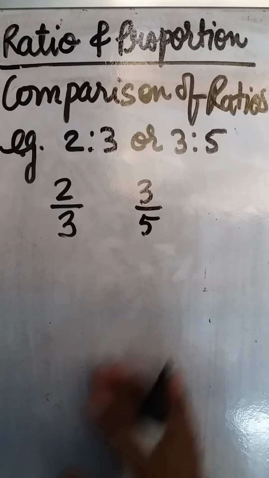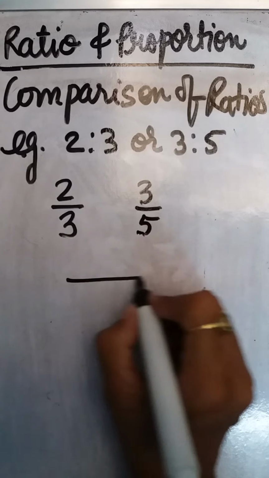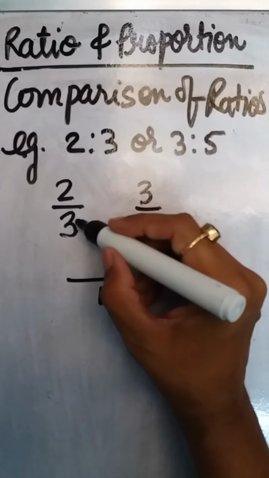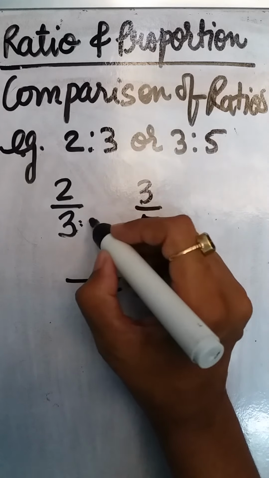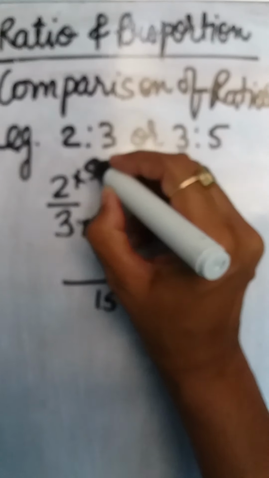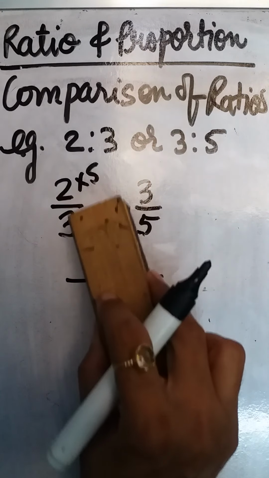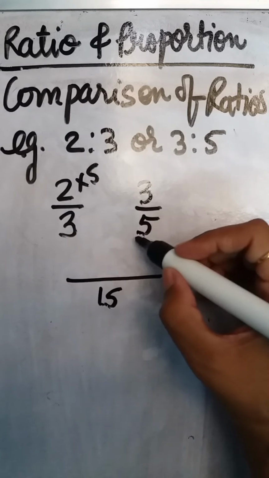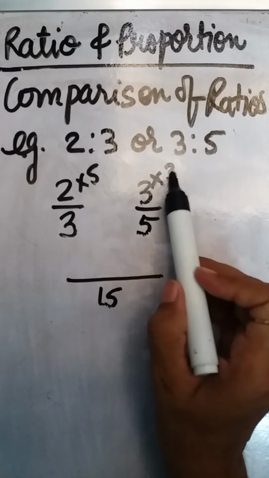We can compare it in many ways. First of all, we need to take the LCM. LCM of 3 and 5 is 15. We know that 3 needs to be multiplied by that number which gives us 15 in the denominator. So we know it is 5. In the same manner, when we multiply the denominator by 5, the numerator will also be multiplied by 5. It is very clear to us. Now we need not write this in the denominator, as we have already done this. We need to only find out this number. So we directly find 5 3s are 15. So we get this number here.